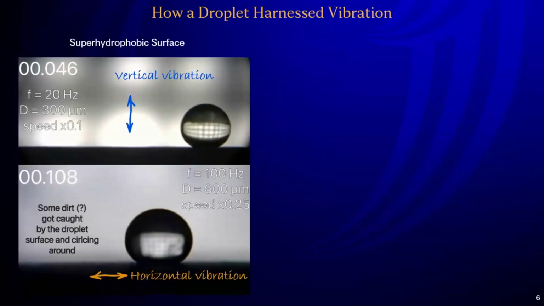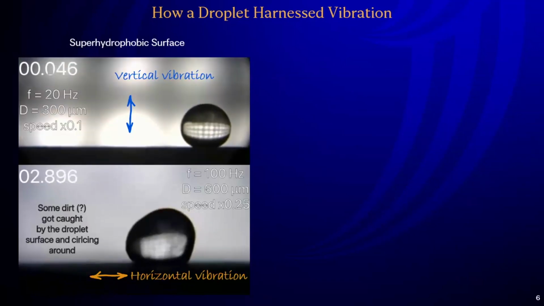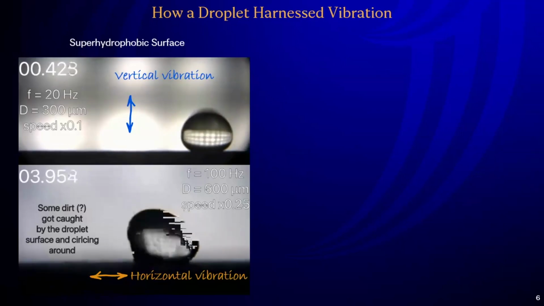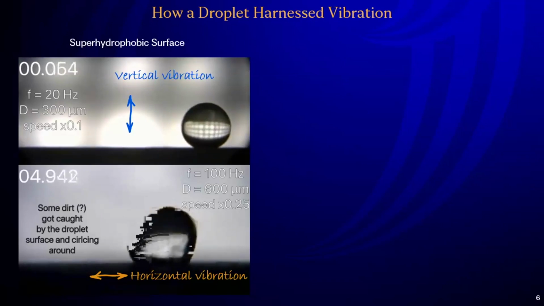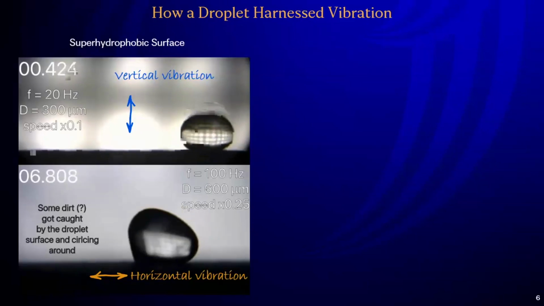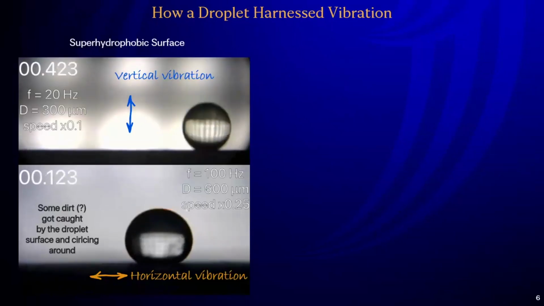If we talk about a standard metal surface, nothing interesting is going on. You just saw the video. The droplet just stays and kind of wobbles. If we put on a superhydrophobic coating, things become a bit more interesting, but still not there yet. Why? Because with vertical vibration, the droplet is just jumping and not going anywhere. With horizontal vibration, the surface is literally just sliding under the droplet. There is not enough friction to cause any reasonable motion. So it's cool, but so what? How can we use it?